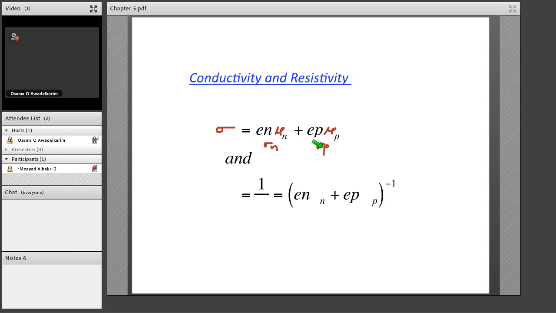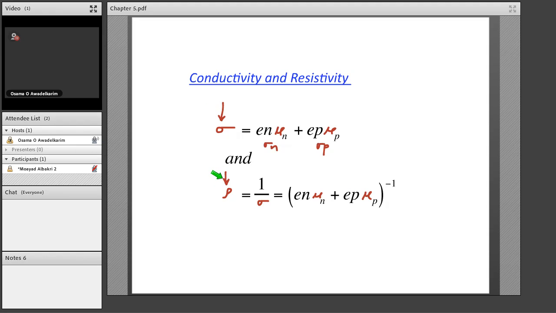And we know that 1 over sigma, 1 over the conductivity, equals the resistivity, rho. So the resistivity rho is actually this here, okay? It depends on the mobility, and it depends on the free carrier concentration, electrons and holes. So you can see that we can always engineer the resistor, controlling sigma, the conductivity, and the same